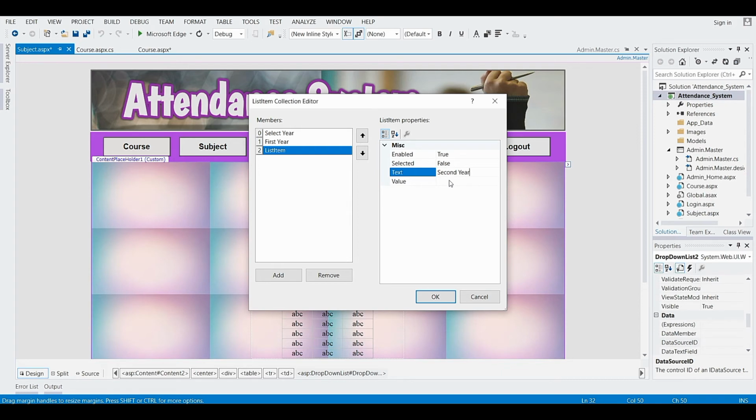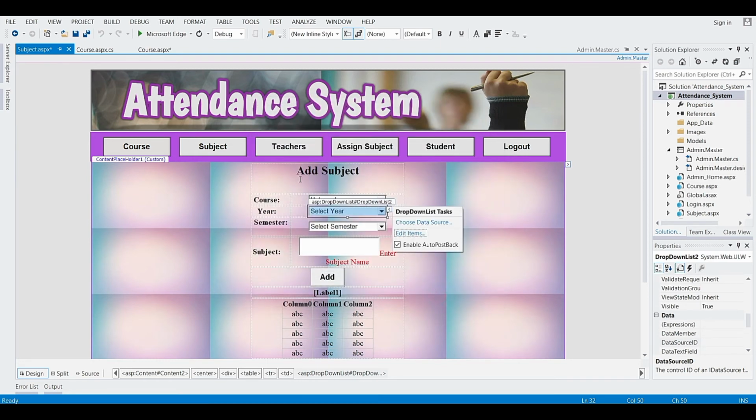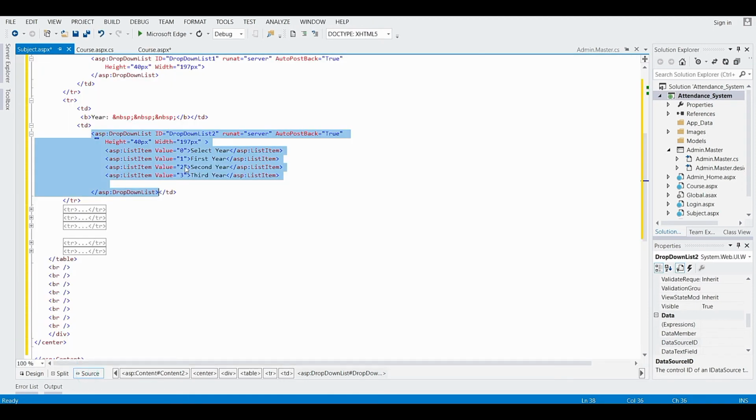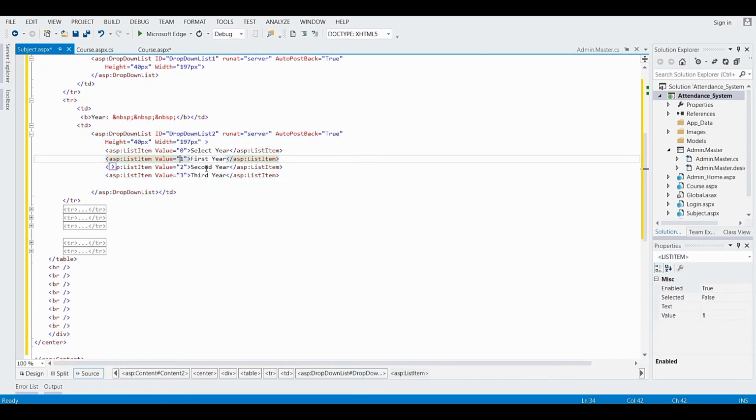Text second year and the value is 2, click on add. In value 3. Now click on OK. You can see all the list items have been added.